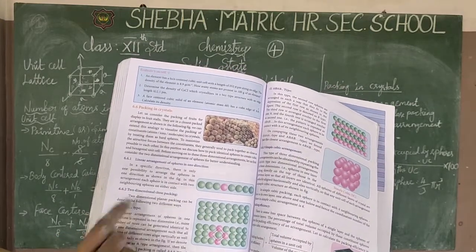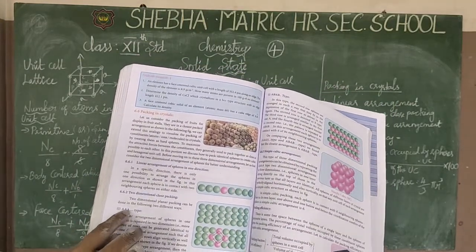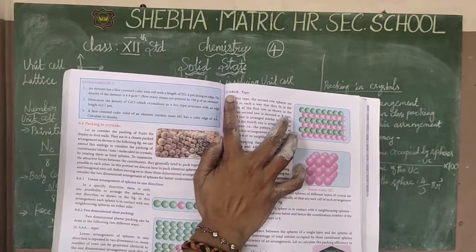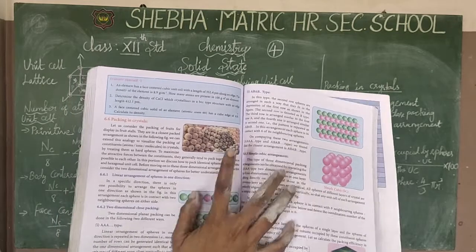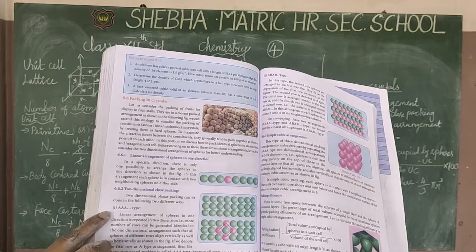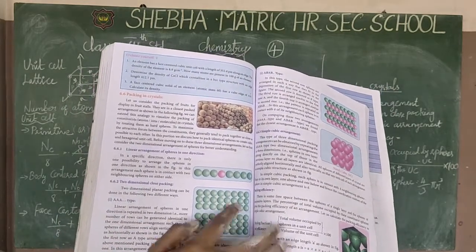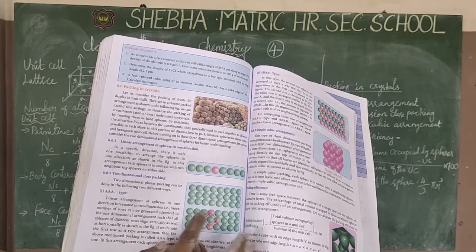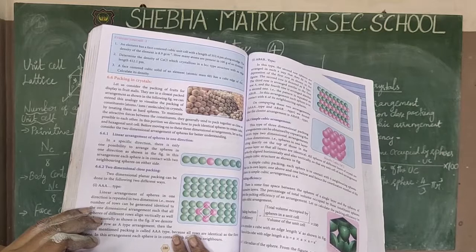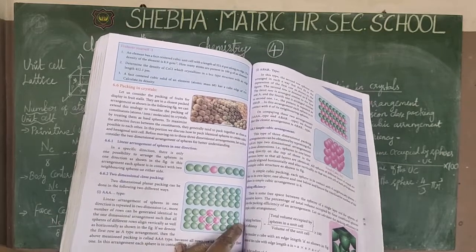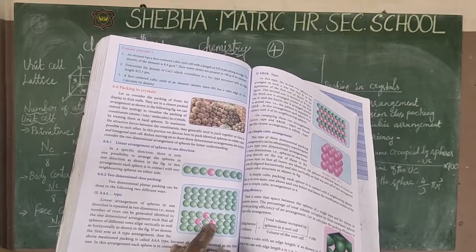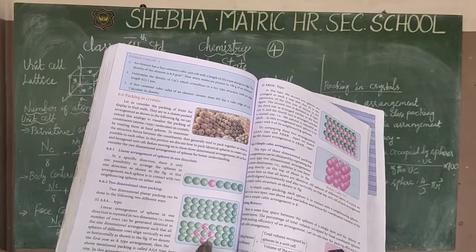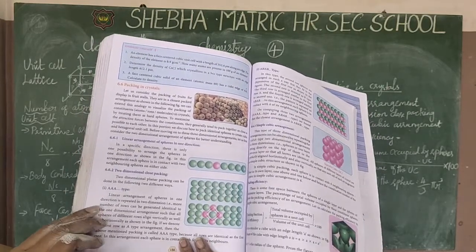And then go for the two-dimensional close packing. Two-dimensional close packing has two types, already explained before: AA type and what is that? AB type. Okay. In AA type, in this unit cell you have to find out the diagrams. In the first diagram it looks like a linear arrangement, and then the second row is like two identicals, and the third obviously looks linear. So this arrangement is called AA type.